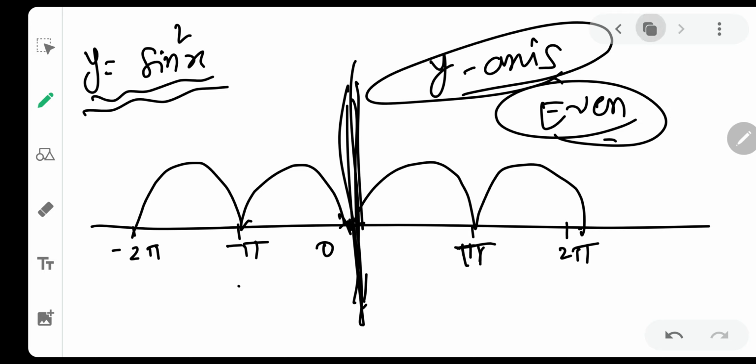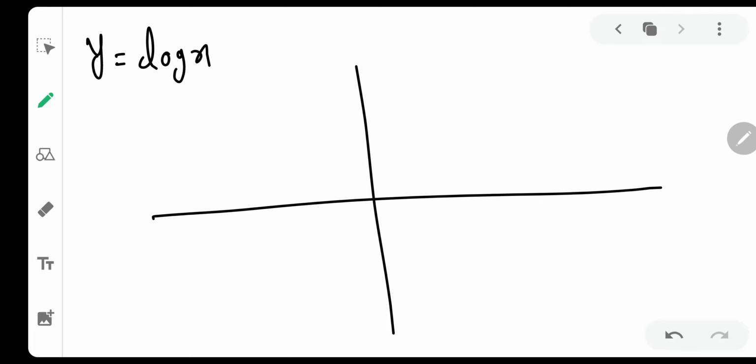Okay, now a very interesting thing. Y is equal to, now you are going to love this, log x. How does the graph look? Let us see. Now for log x, the graph is something like this. So this is 1 comma 0. Right, and log of minus infinity is what? Oh, we cannot put x as a minus infinity, but yes, log of 0, it means at x equal to 0 it is minus infinity.